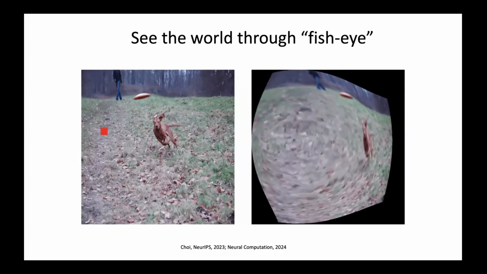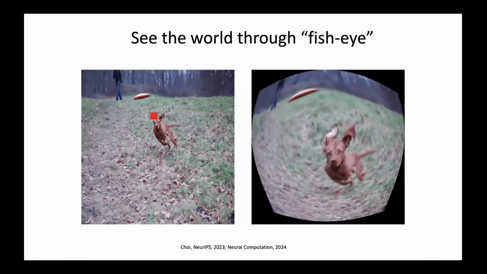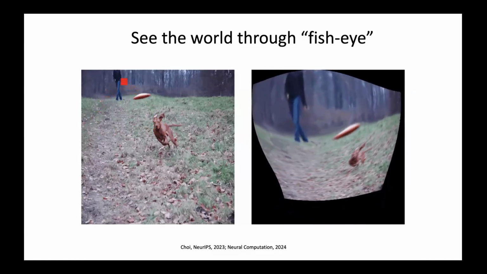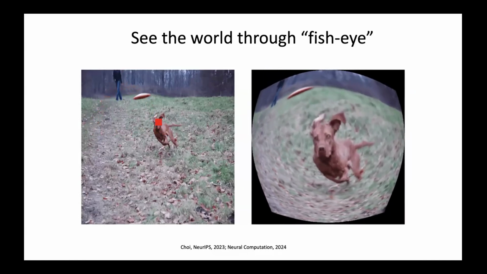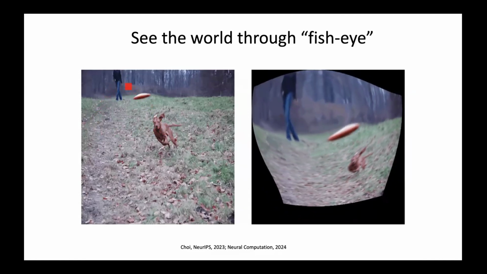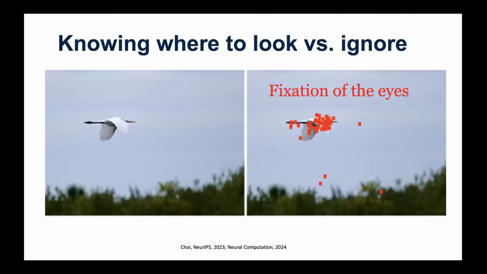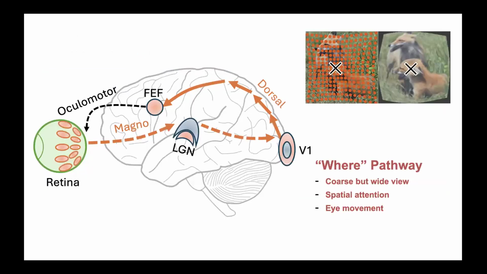The black areas appear because, once you map onto the retinal sampling and map back, you have a lot of empty space at the very side, so we cannot assign pixel values to those locations. So why is this relevant? It makes where to look an important decision that we make every day. Even though we do not feel so, when we walk into a new scene and decide where to look, there must be a strategy that the brain has developed, and we want to figure out what that strategy is.